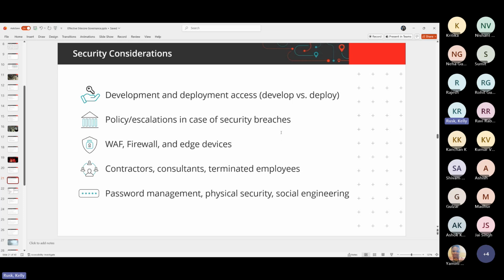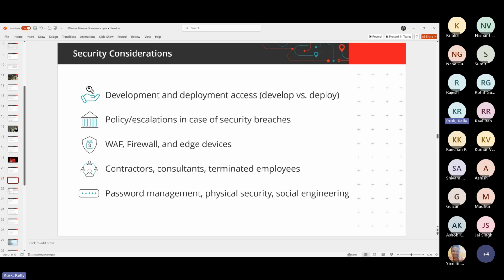Making sure that from a policy perspective, you might have a policy that states that only the Sitecore administrator can press the deploy button, and the standard is how to press the deploy button and the security aspects. You might have talks about what do we do if there's a security breach? How do we manage that? What about contractors who come into our organizations? Maybe I'm a contractor. What are the rules I follow? And it's day one, is there a standard that talks about contractor access? So you want to just document these things.